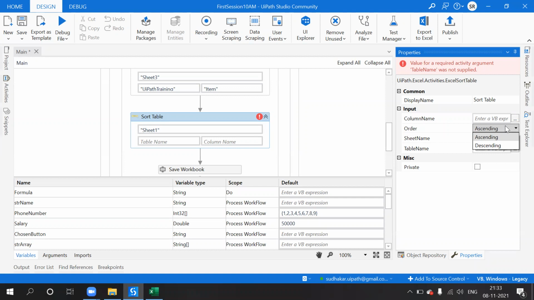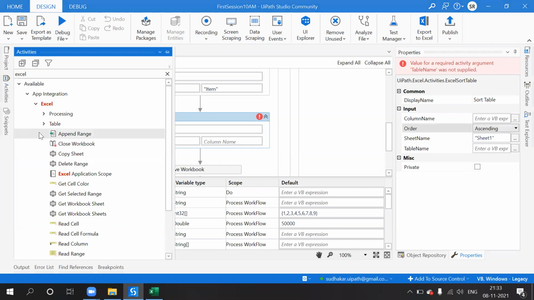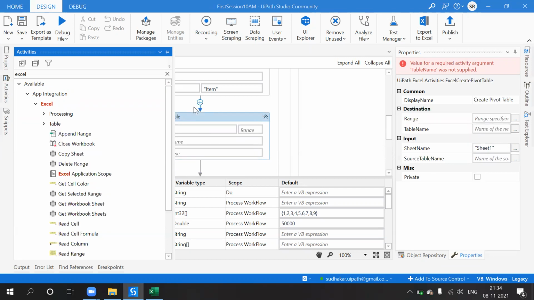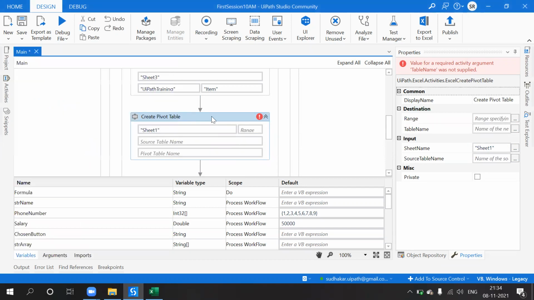Descending is for bigger to small. Okay, so this is about sorting for a table. There is one more concept called create pivot table. Whenever we would like to create a pivot table,